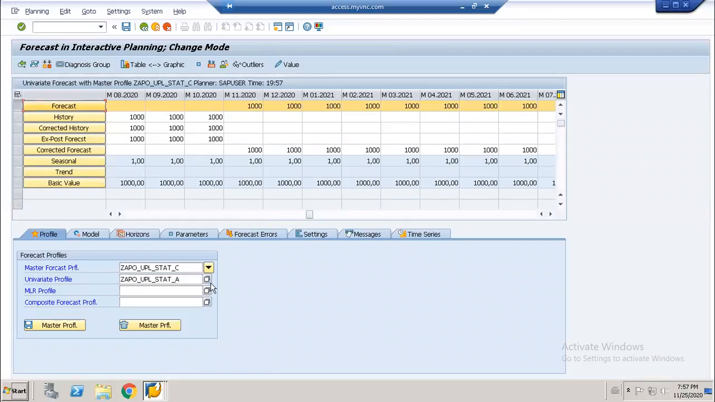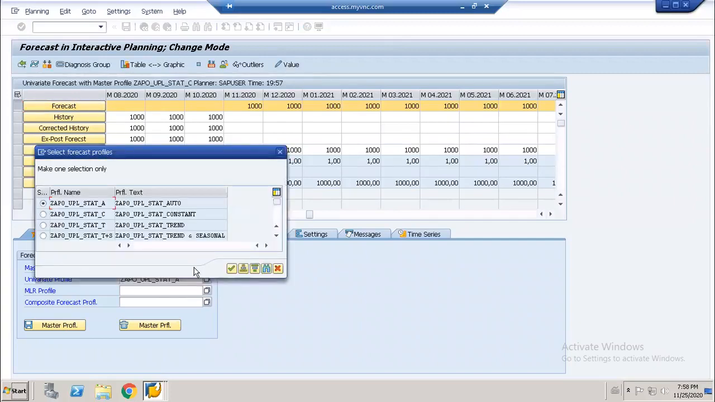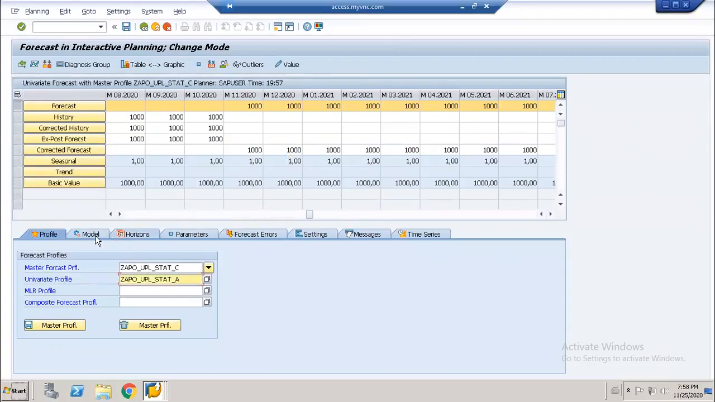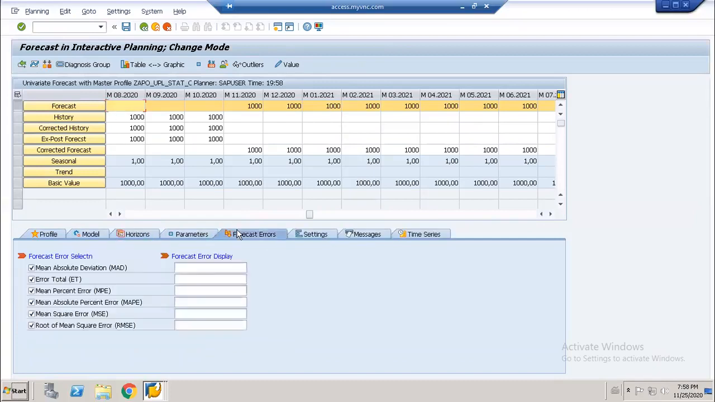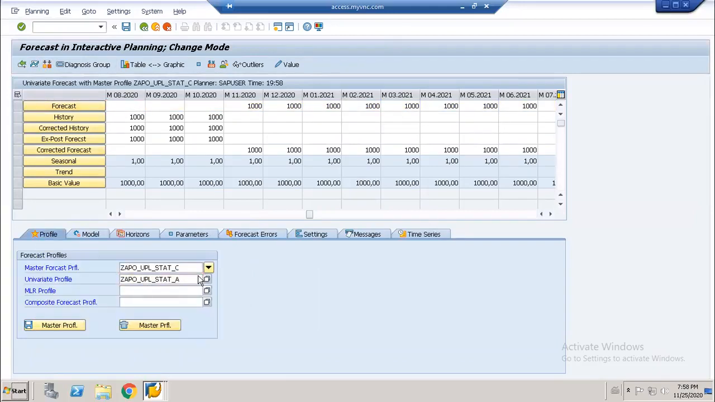Here I can change the profiles also. If I select the auto model, I don't want that. I want some other model. We can select it here. If I select some other model,